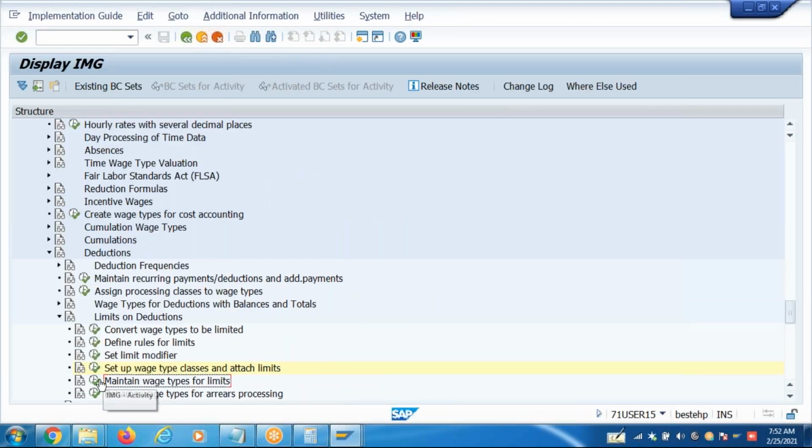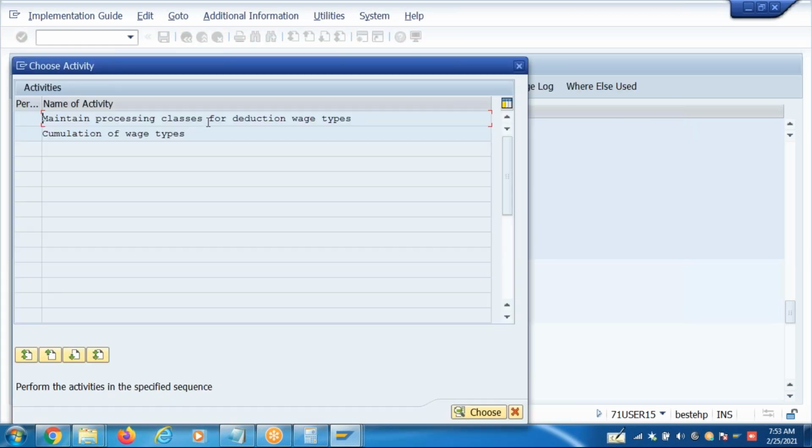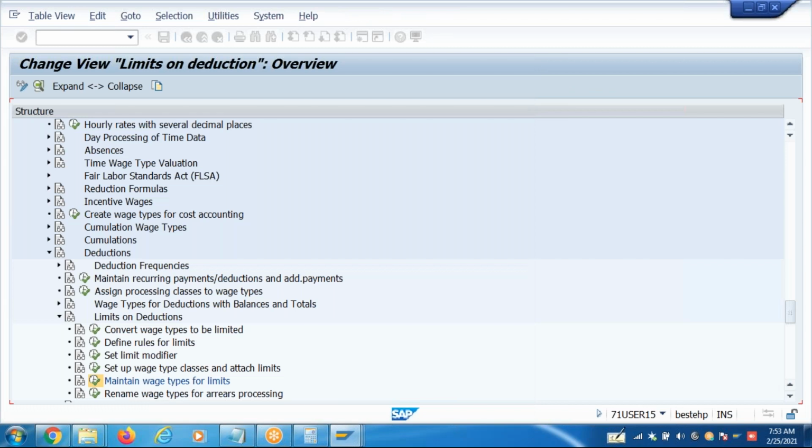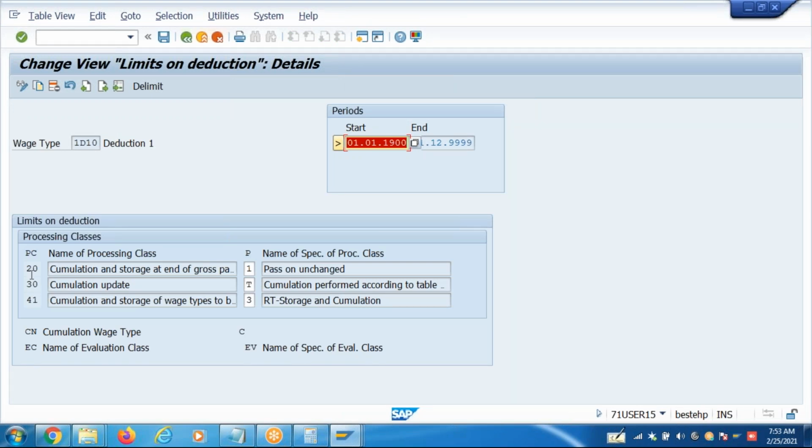Now go to maintain a wage step for limits. So this is to check the characteristics, processing classes of the wage steps, guys. Maintain the processing classes. Make sure these processing classes are maintained like this. Here, processing class 20.